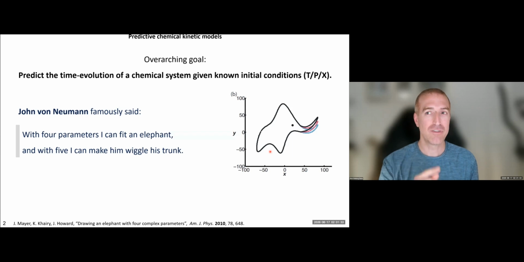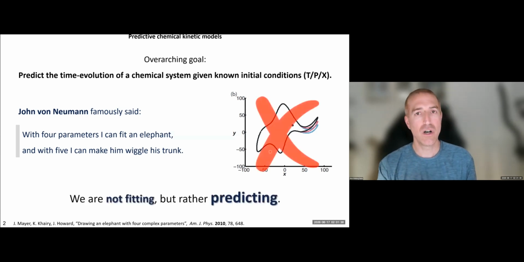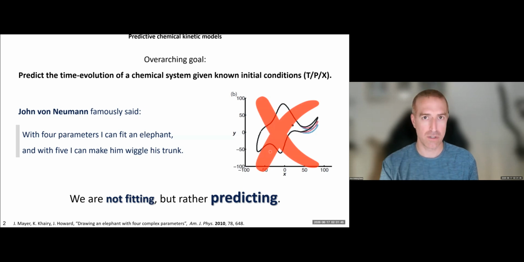In the spirit of John von Neumann, and also the paper here, we also say that we're not in the business of fitting elephants and fitting parameters. We're in the business of making predictions, and high quality predictions for reactive systems. In this talk, I'll first show you the layer of what we call automation, the software that can generate these predictions. And then after we understand the keys, the keyboard, the buttons, we'll see the agents that can play with them. So let's start with chemical kinetics.